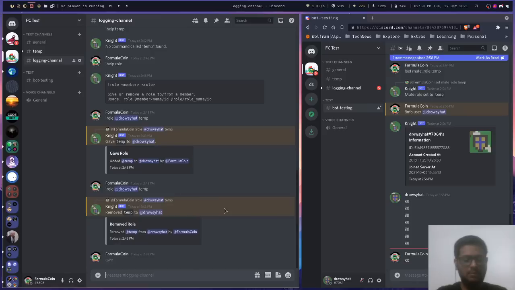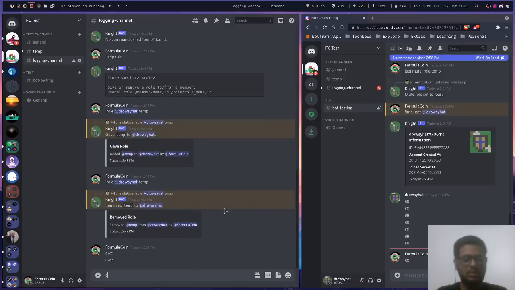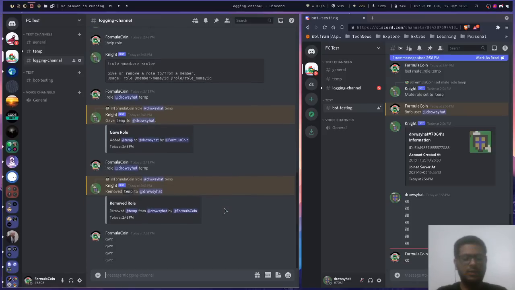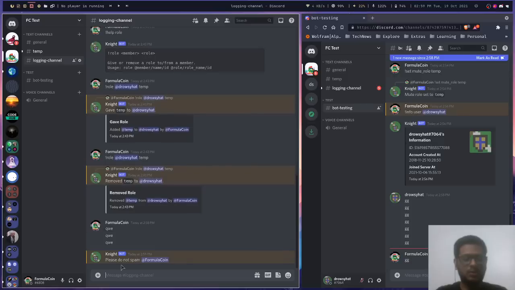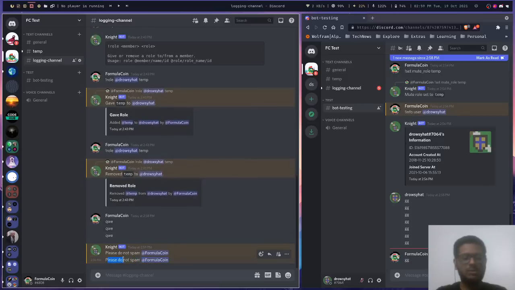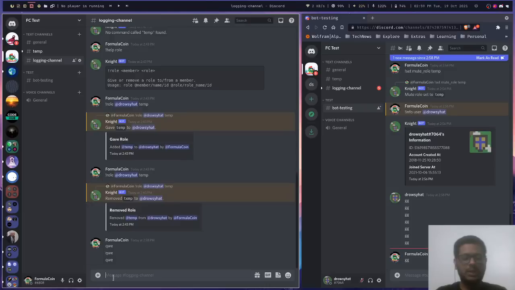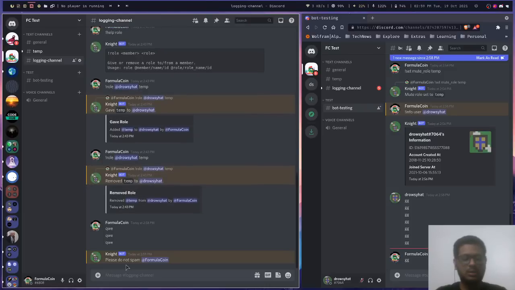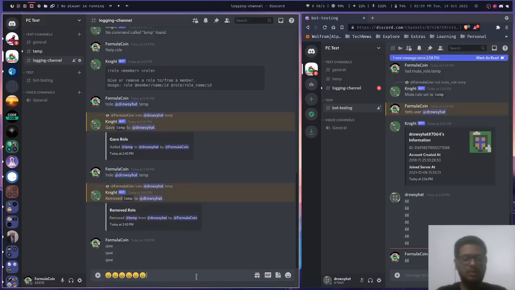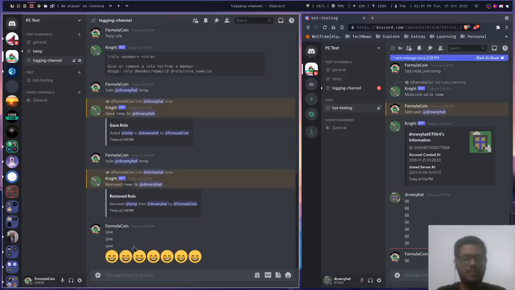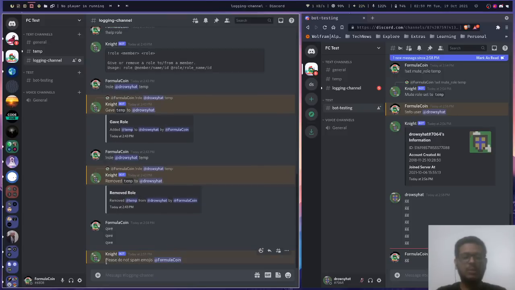So if I type a certain amount of text multiple times, it will automatically tell me to not spam the same message repeatedly. This can be done with emojis also. So if a person spams more than 6 or 7 emotes at a time, the bot will automatically say please do not spam emojis.